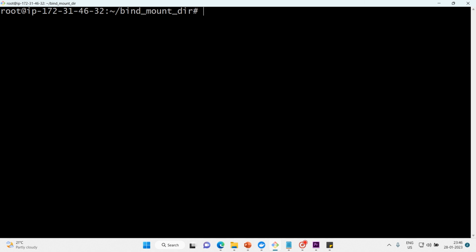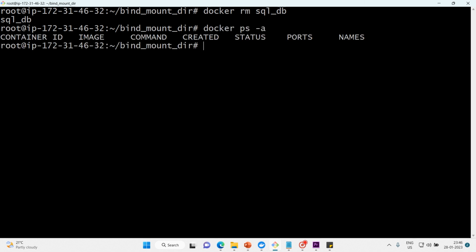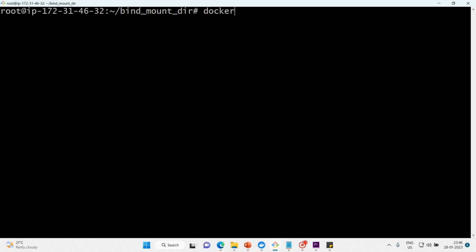Okay, let me clear the screen. Now we will write it again. Docker run, name. Okay, sorry, before that let me delete that. docker rm SQL db. Now docker ps, yeah, it's gone. Now let's spin it. Docker run --name SQL db, and we'll put version 1 this time,